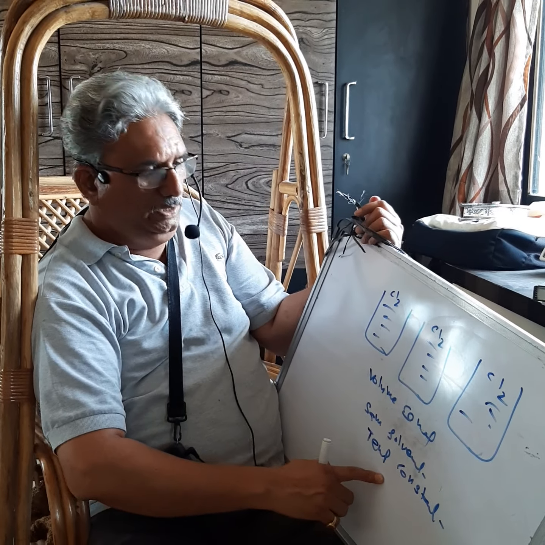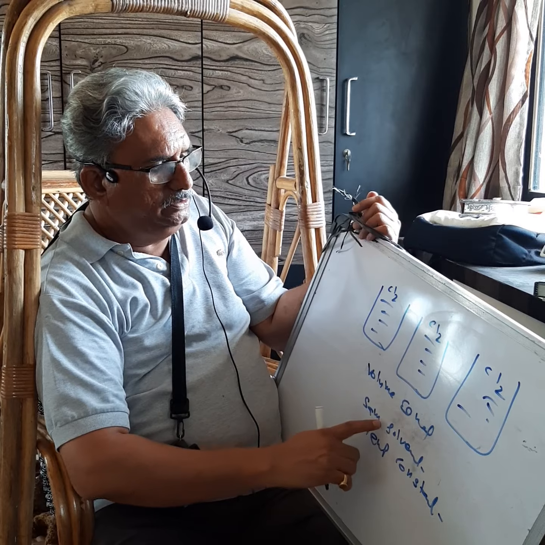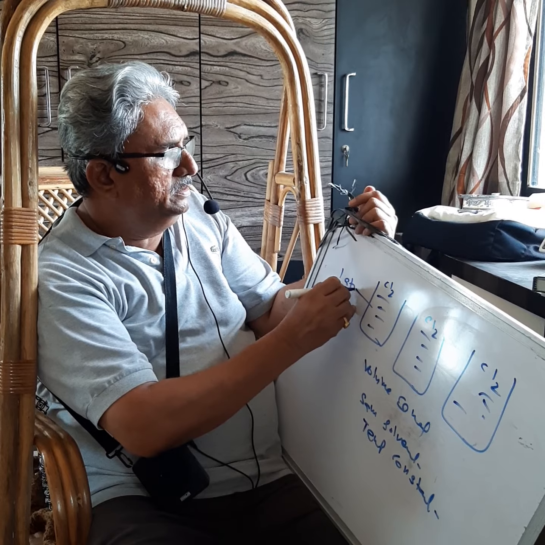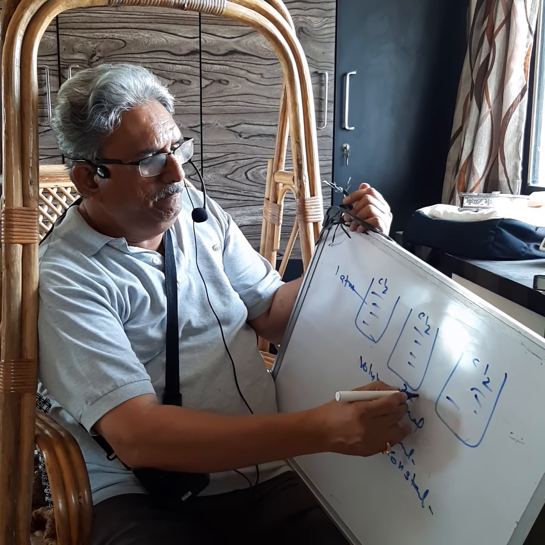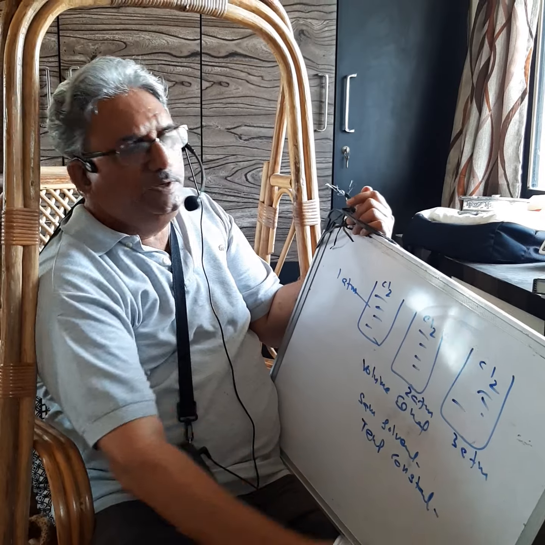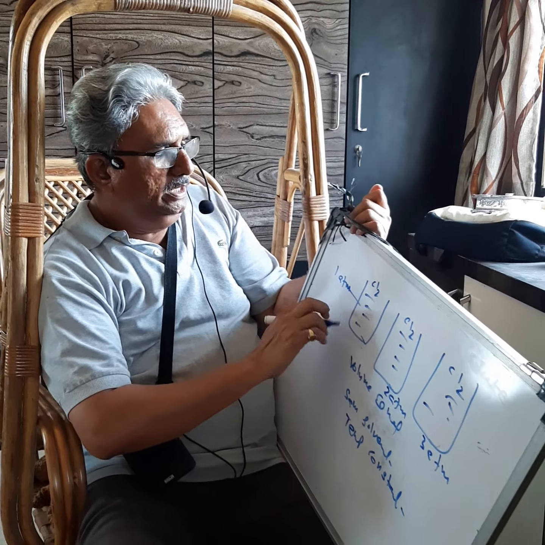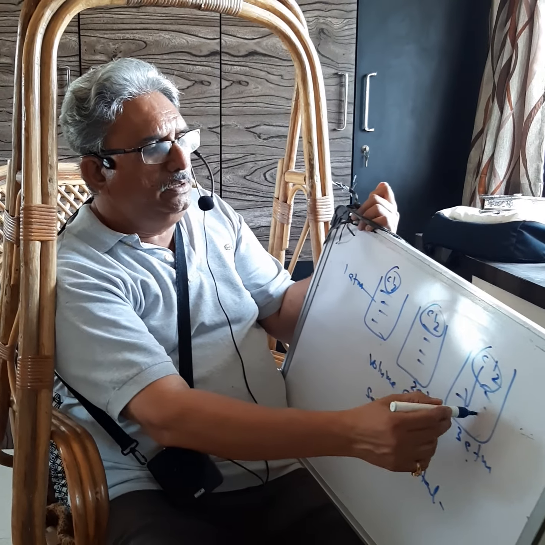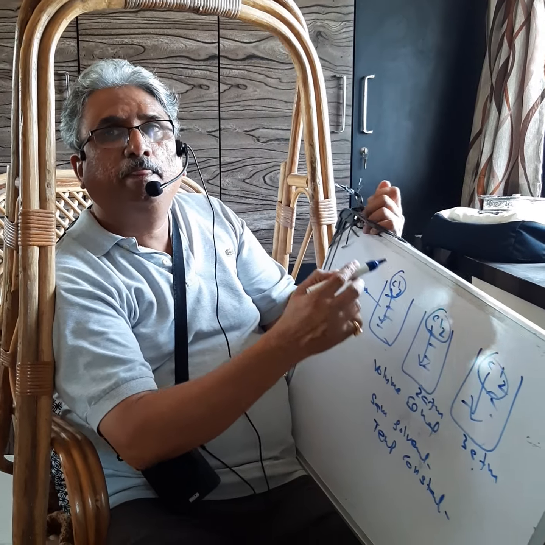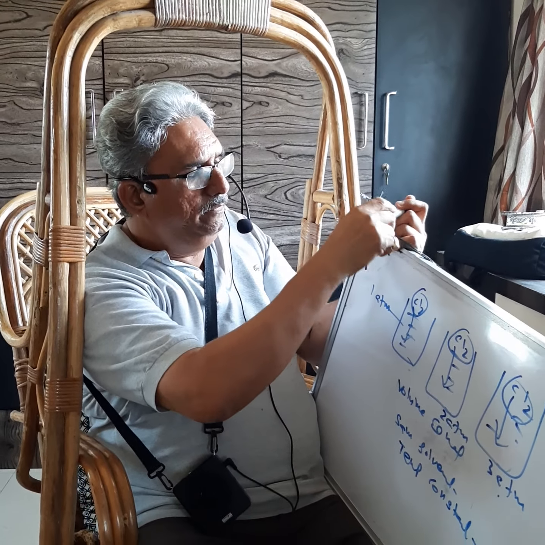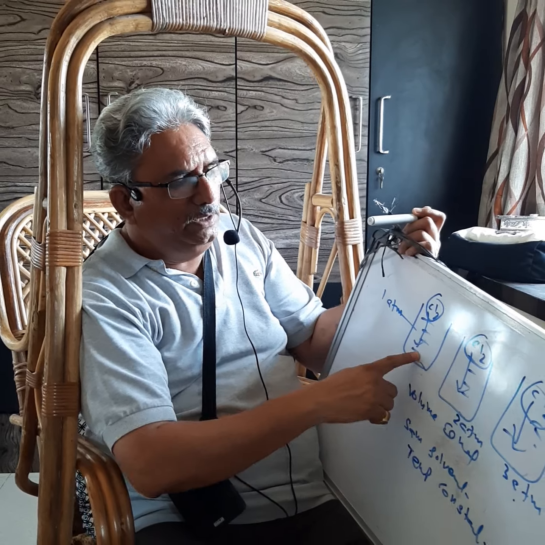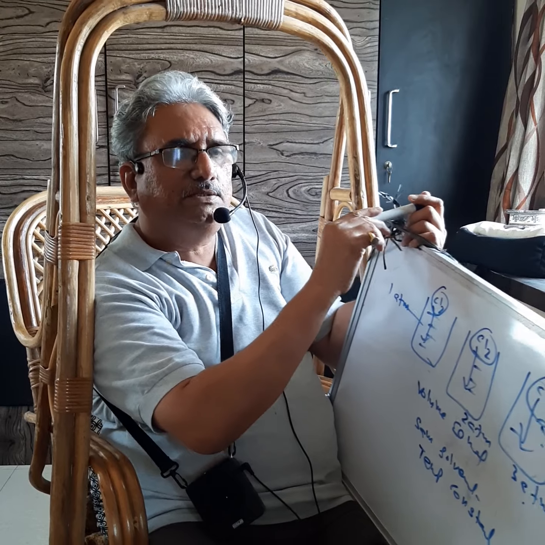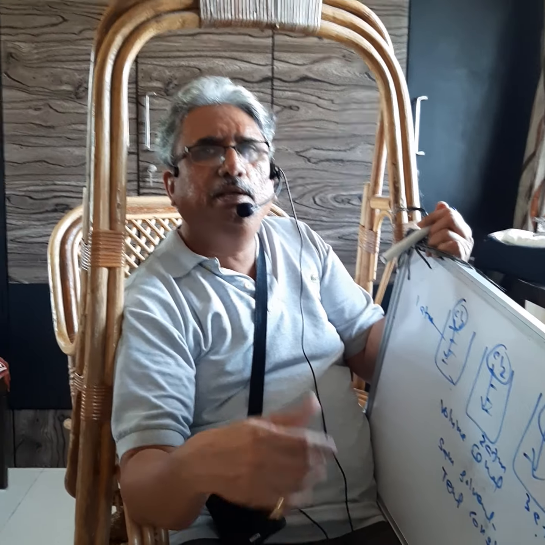So by keeping temperature constant, with the same solute and solvent, what we'll do is use, suppose, 1 atmospheric pressure here, 2 atmospheric here, and 3 atmospheric here. So the pressure is different, and it is observed that at high pressure more gas dissolves. This means that the solubility of a gaseous solute in a liquid solvent increases with the increase in pressure. So if you want to dissolve more gas, you have to apply high pressure.